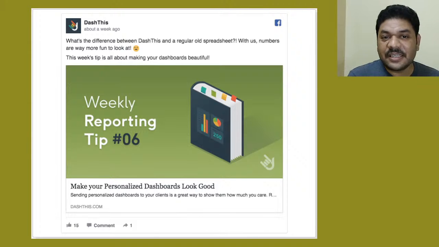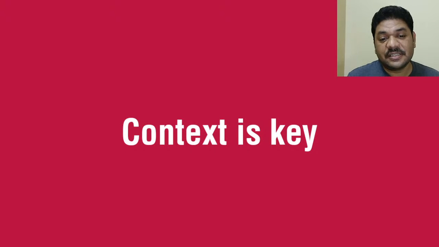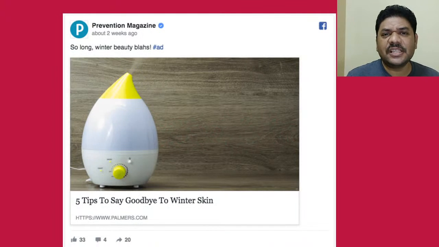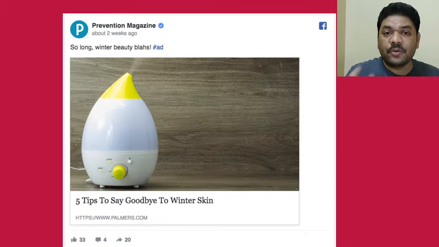Okay, so this is the ultimate example I can give you. Context is the key. If you see this image, what is in the context? Listen, environment. You have to create the context, not the content. You have to create the exact context around you about what type of content you are going to give. You have to project yourself, even as a personal brand.